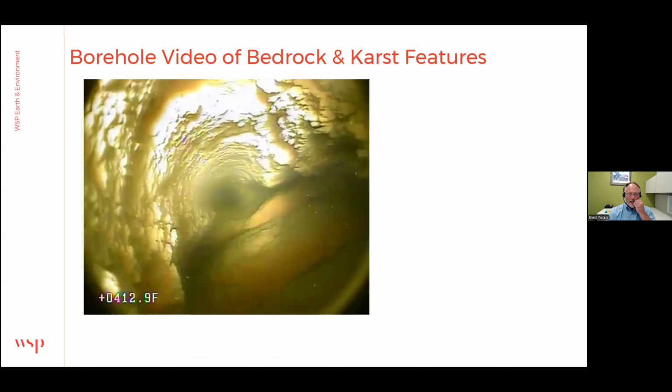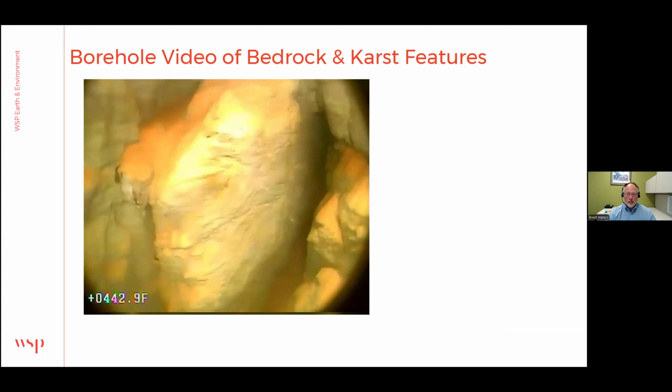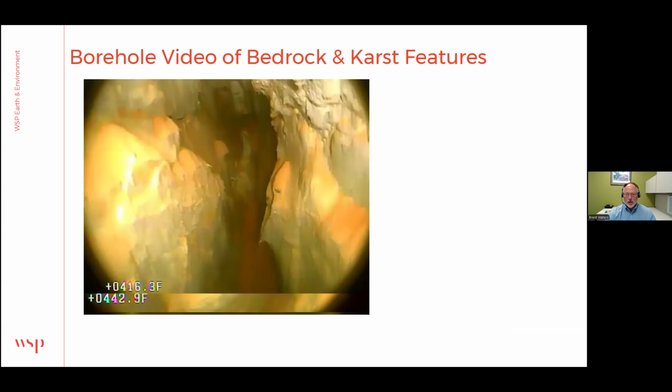Now here are some borehole videos, and what you see on top of the ground is what you see in the subsurface. Here, the well intersects a vertical fracture. Here, another two vertical fractures, karstified in this case. Same with that one. Now, if the well was a foot to the right or a foot to the left, it would have missed this particular fracture. It might have hit another one, but it would have missed this one. And I think this was the main producer within the well. So a lot of it's luck, a lot of it's